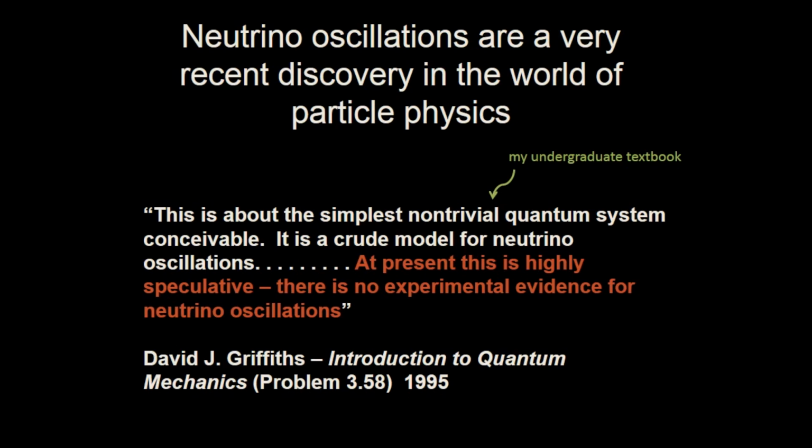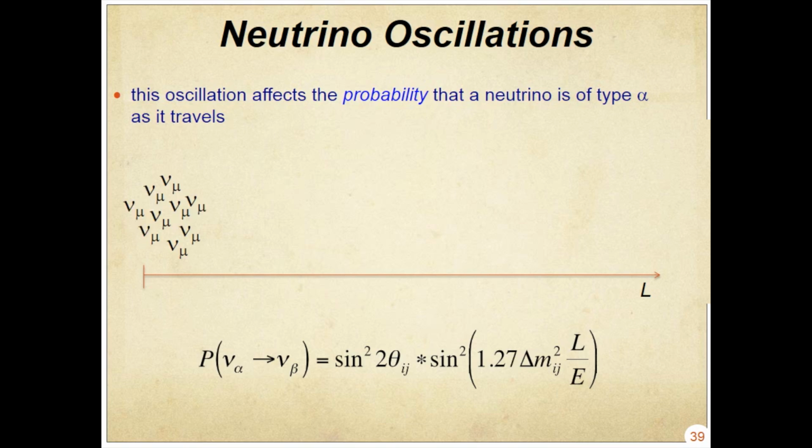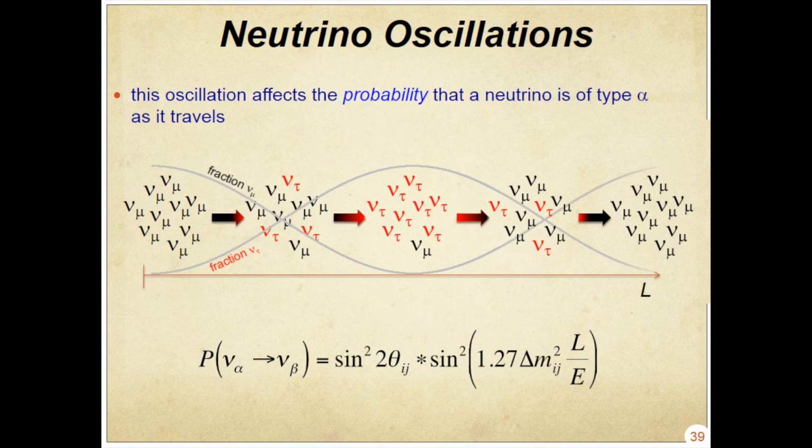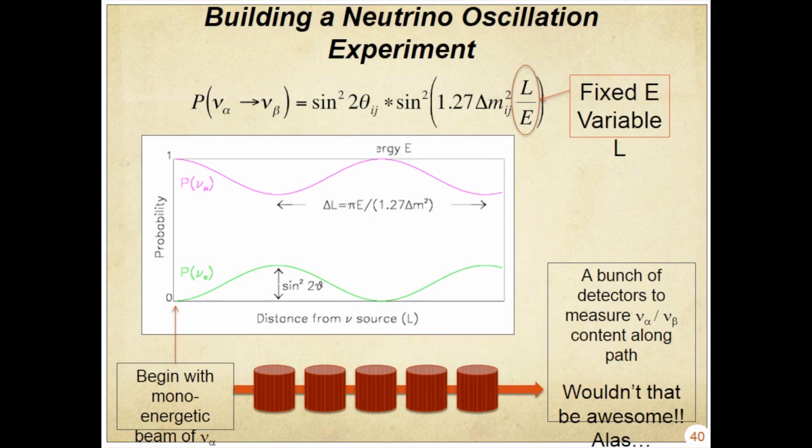From the time when I was an undergraduate to now, this entire field has sort of come into existence. And now there are just dozens of experiments around the world that do this. This is how they work. If you create a beam of one type of neutrinos, let's say muon type, as you propagate in distance, the composition of that beam will evolve. And it's a regular pattern. It will start as one type, it will convert into another, and then it will return to its original state, and it will continue to do that. It's an oscillation, it's not a transformation. It's not like the neutrinos all change from one type to the other and that's it. It's an oscillation.